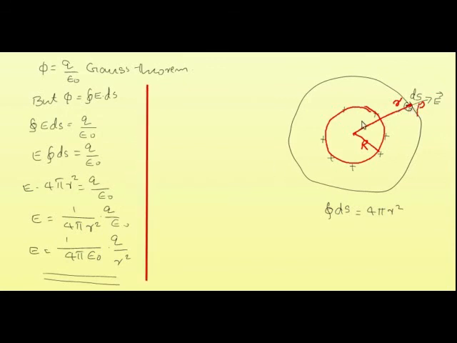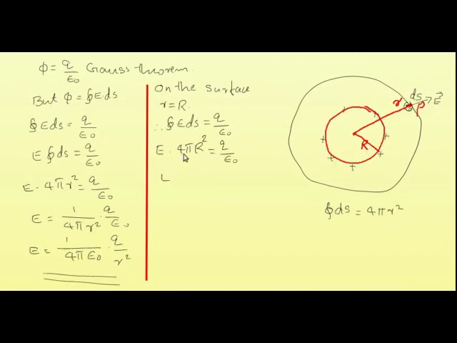Now over the surface of this shell means what? In this case we have to imagine this Gaussian surface just over this shell. That means the radius of the Gaussian surface will be equal to the radius of the shell. That means small r will be reduced to the capital R, which is the radius of the shell. Now you can rewrite this equation as closed integral E ds is equal to q by epsilon 0, but this closed integral ds will be what? The surface area of this shell, which is 4 pi r square.